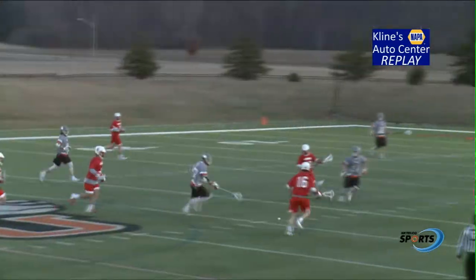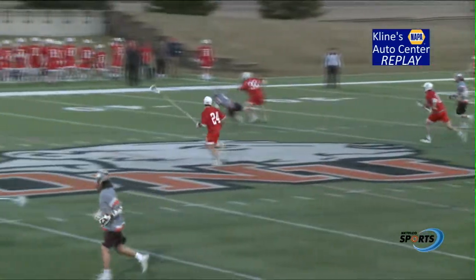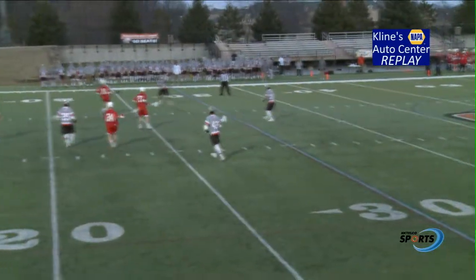A 15-8 win for Ohio Northern. Again, they are back in action here in Ada on Saturday, as you can watch that game live as well